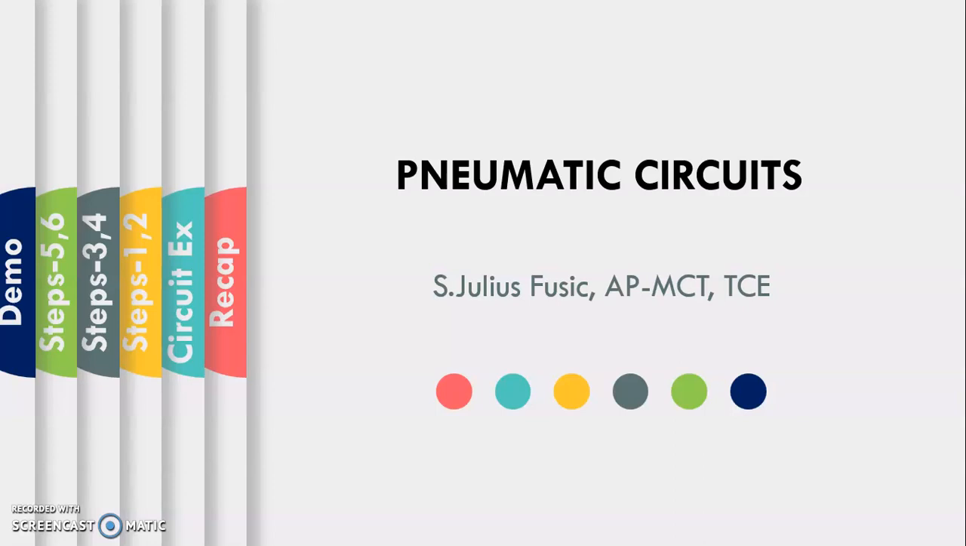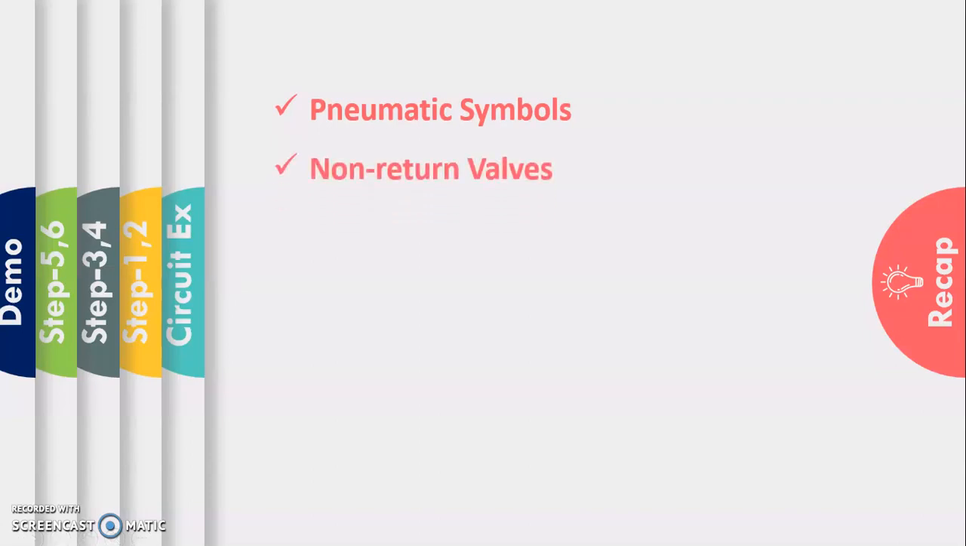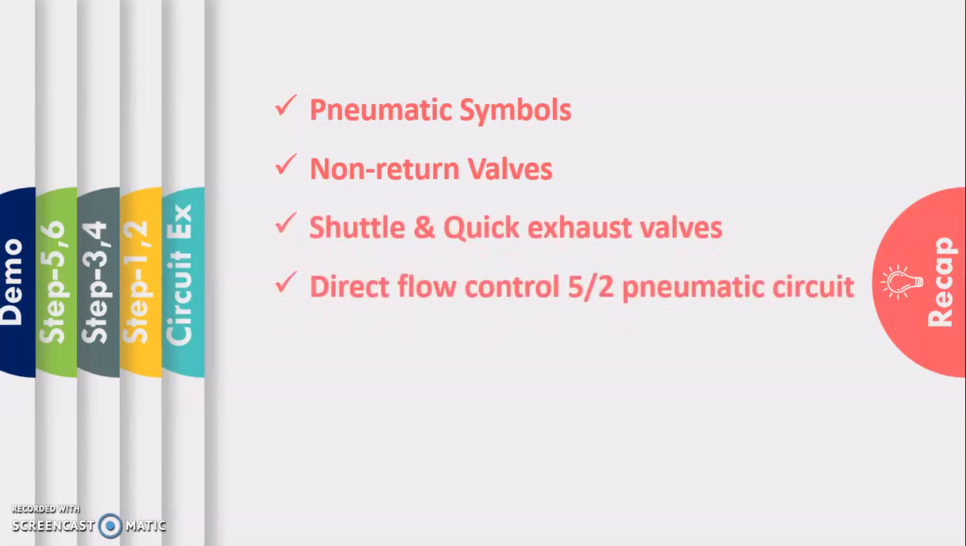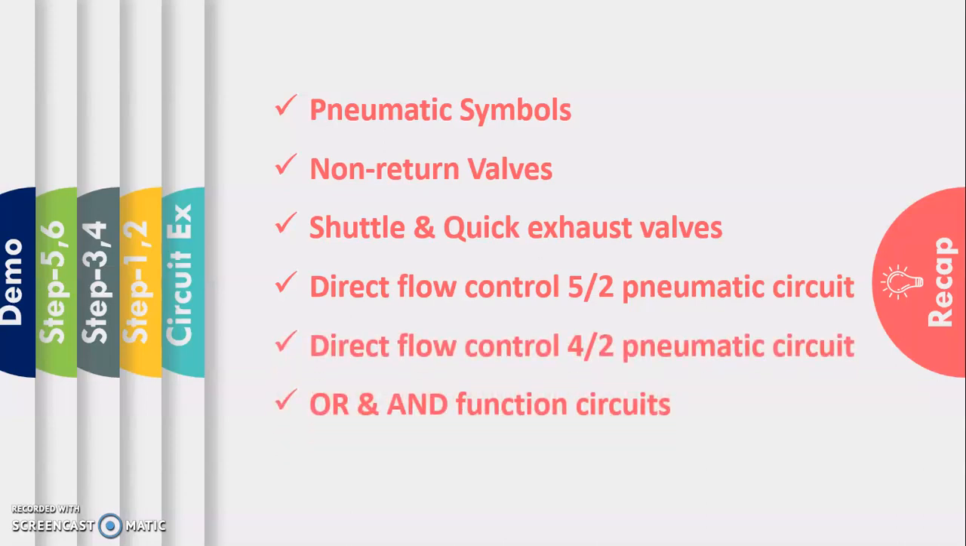So first we will recap what we discussed in the last videos. First we discussed pneumatic symbols, and in the last video we discussed non-return valves like the shuttle and quick exhaust valve, and after that we discussed some direct flow control using 5x2 and 4x2 pneumatic circuits, and later